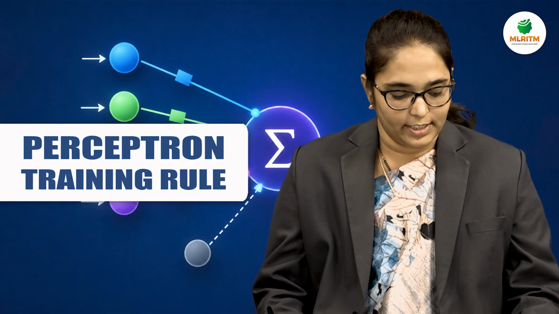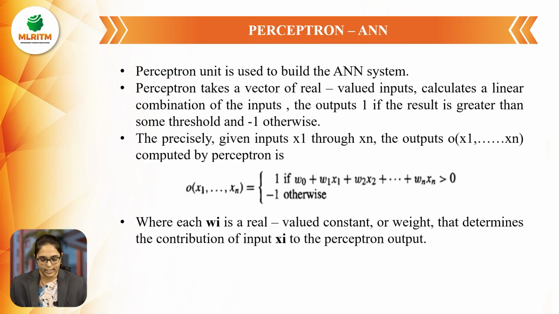So, Perceptron is nothing but it is used to build the ANN model. It is majorly the first thing to build an ANN model using some input values, and these input values consist of some weights. So perceptron first considers vectors of real value inputs, and we calculate the linear combination of these real value inputs, as we consider these inputs as x from x1 and so on till xn. For these input values we are considering weights. So these weights are considered as